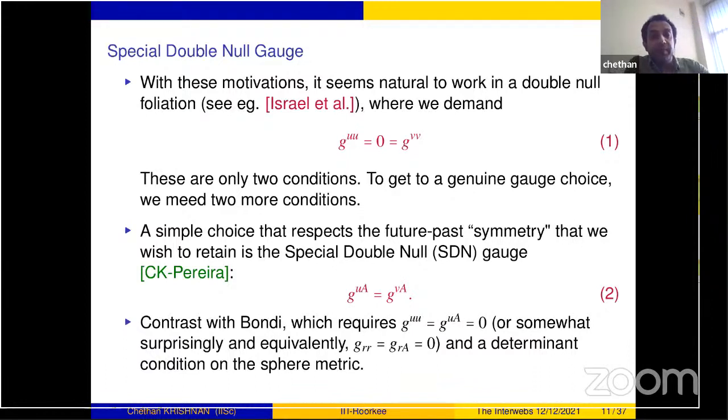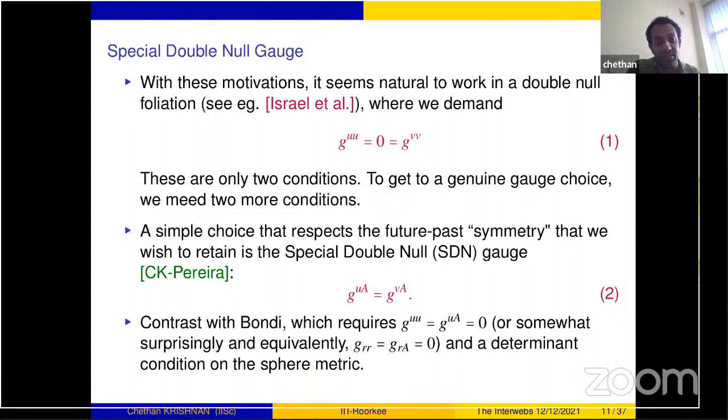Okay, if there are no questions, the basic idea is that first we try to look for a double null gauge, a double null coordinate system. You can justify it in somewhat fancier ways, but it should be intuitively clear that a double null coordinate system will simply have this gauge imposed on it. But the point about double null coordinates is that they're not a complete characterization of a coordinate system, because there are just two conditions in a space-time with many coordinates. So you need to choose enough more conditions so that you actually have